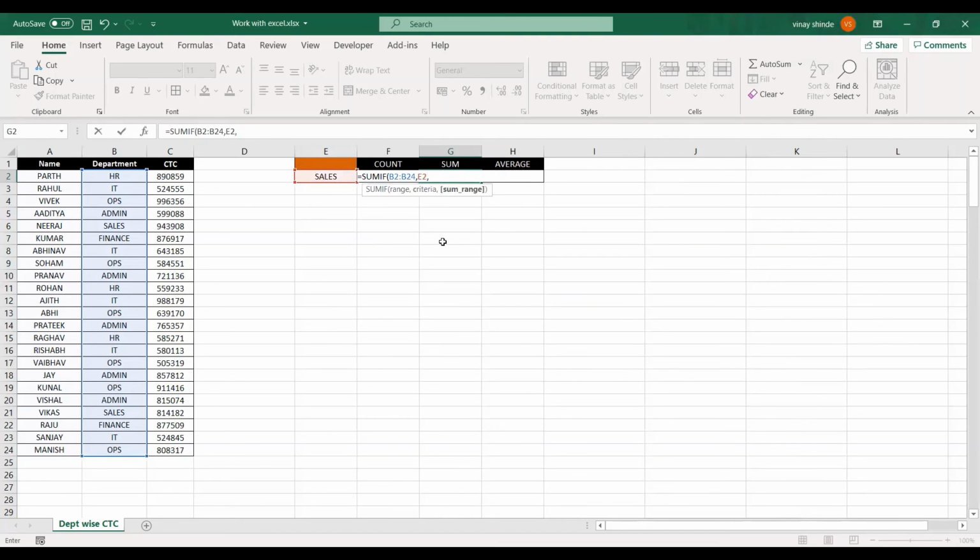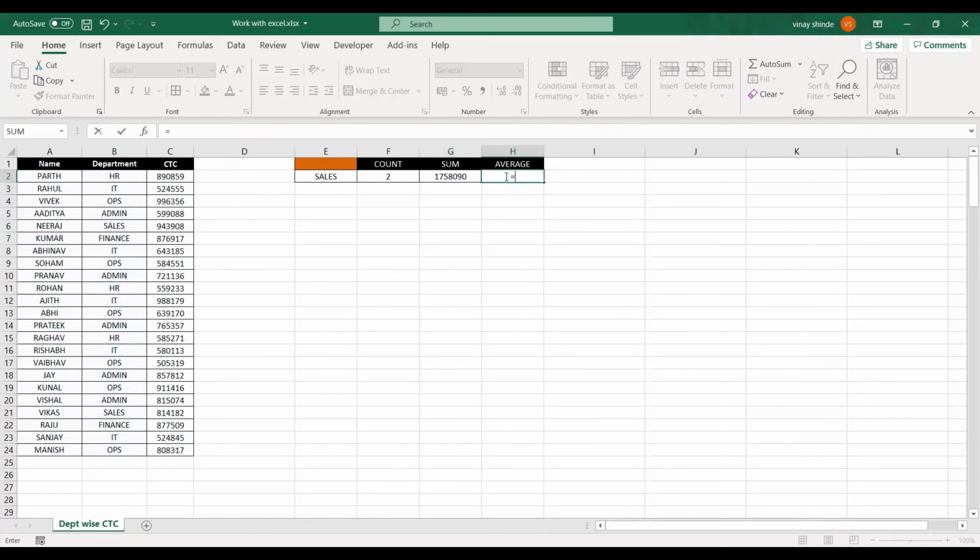Now whenever you are giving reference of any cell, you don't have to put quotes. The quotes are required only when you are putting text value. Okay, and sum range is this range. And I'll close the bracket and enter.